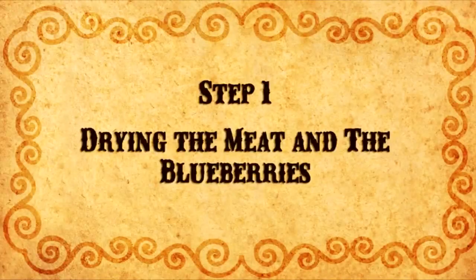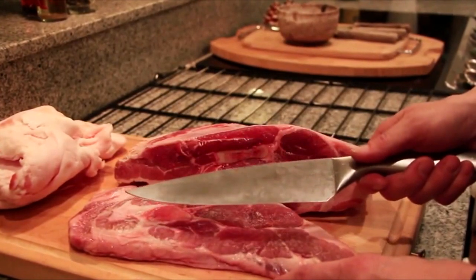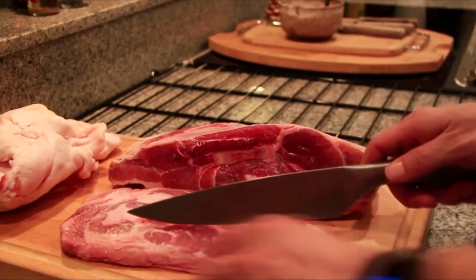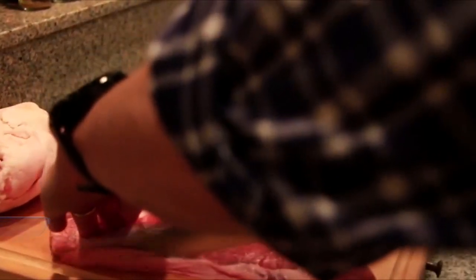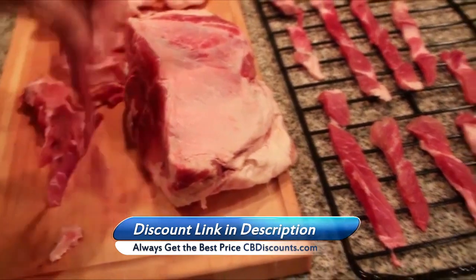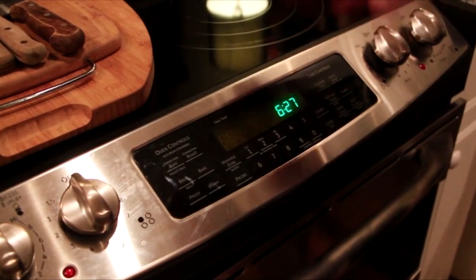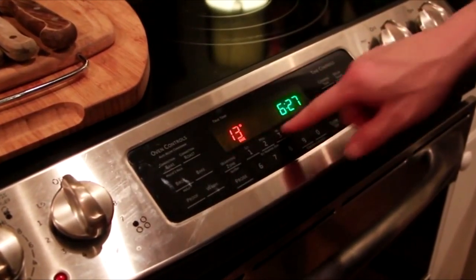Now the first step is to dry the meat and blueberries. First you need to slice the meat very thin. You can use a very sharp knife like this one, or you can keep the beef in the freezer a few hours before slicing it. If you don't have a dehydrator, you can set the oven to the lowest possible temperature, around 130 degrees,